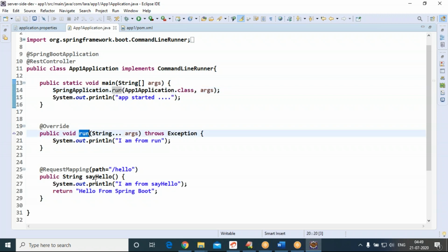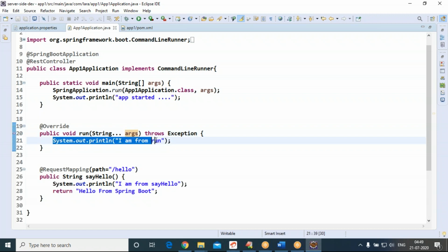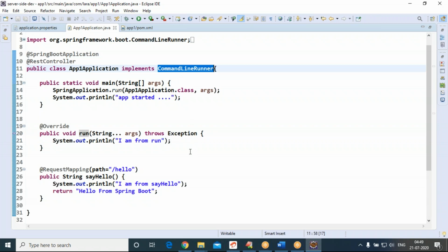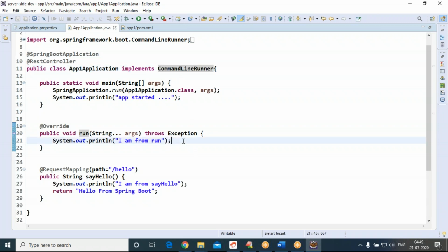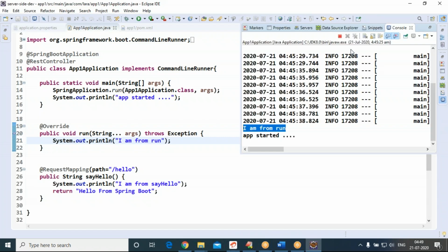That is this run method. While calling the run method, the same command line arguments are supplied here. You can make use of command line arguments here. That is why it is called a CommandLineRunner. Let me supply some command line arguments. Let us stop the application.